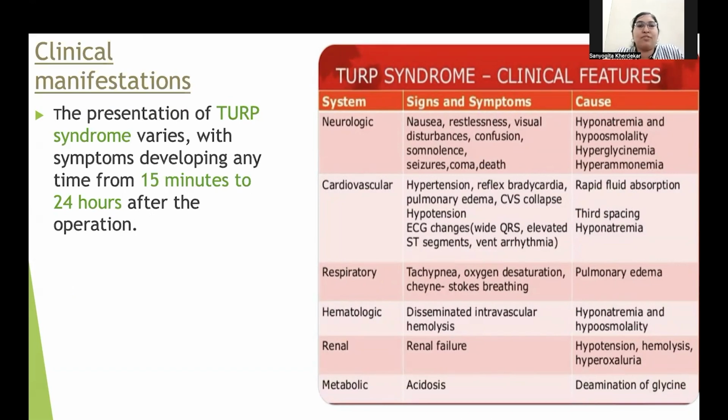Presentation begins from 15 minutes to 24 hours after the operation, and you can have such a variety of symptoms. Patient may have neurologic symptoms, nausea, visual disturbances, seizures because of electrolyte disturbances. Cardiovascular patient may have hypertension, reflex bradycardia, pulmonary edema, severe collapse. In hematologic patient may have renal failure, metabolic acidosis because of glycine. Any of these, they show up, it is good to check for a TURP syndrome or have that diagnosis in